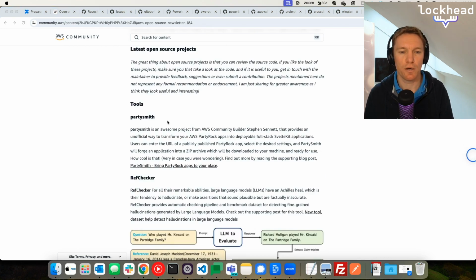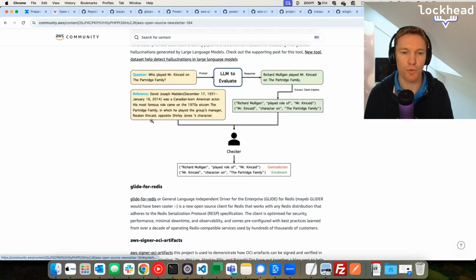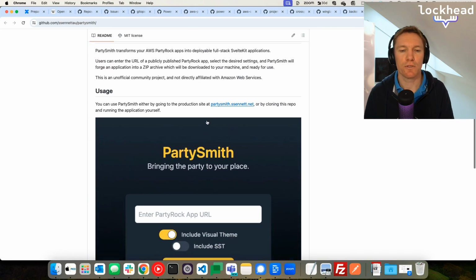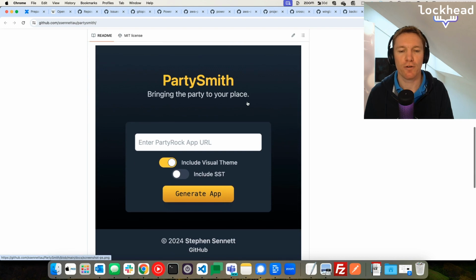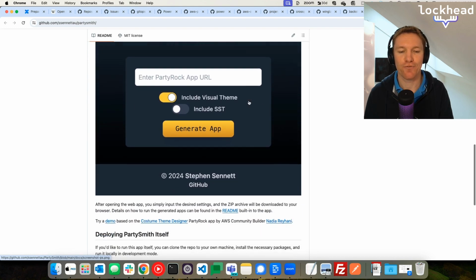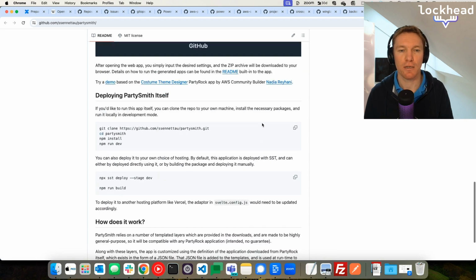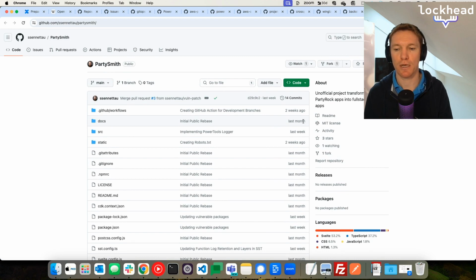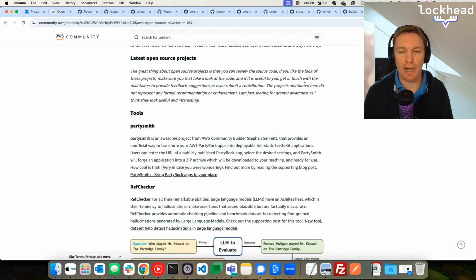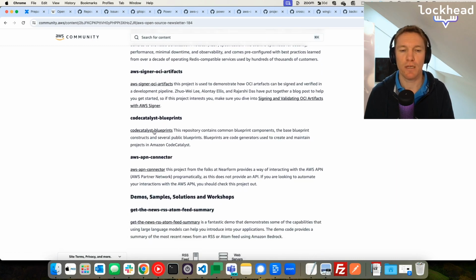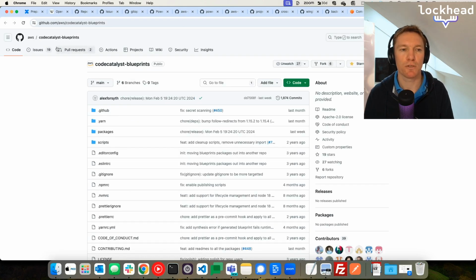So it was in number 184, right, where he highlighted Partysmith as an open source tool, right, which is built by Steven. And this uses Party Rock applications and generates an application for you out of that. So I really like that. That's a cool thing. I want to look at it, and this would be one of the next projects that I personally want to look at. All right. So the open source newsletter helps you to find projects that might be worth investing in because they are growing. Another one that I'm really working on a lot is the Code Catalyst Blueprints one, which has recently been open sourced, and you will find a lot of other details around that on my channel.